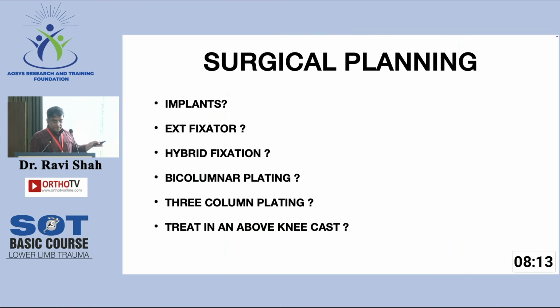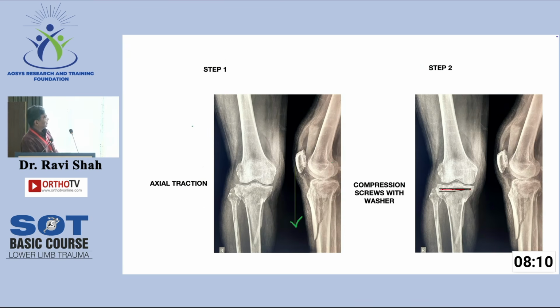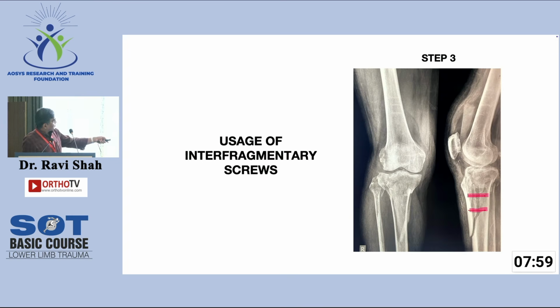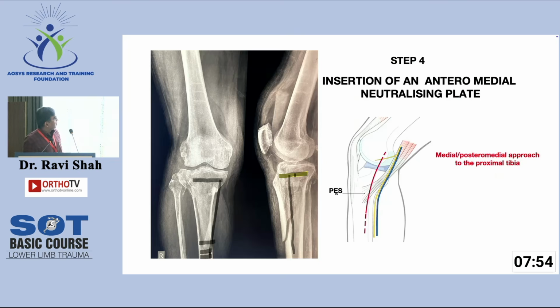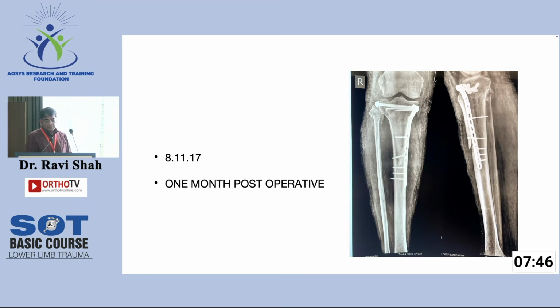We had to, of course, fix the plate, but these are the steps which I've just shown here. Gave him axial traction. The plan was to put screws percutaneously, and this was done before. Put in 2 screws, get the tongue in place, and a medial plate with this medial approach. And this is what I did. It was looking bad, and I also was feeling bad. I did try to get a reasonable elevation there, but it was looking a shade bad, but it's the X-ray,